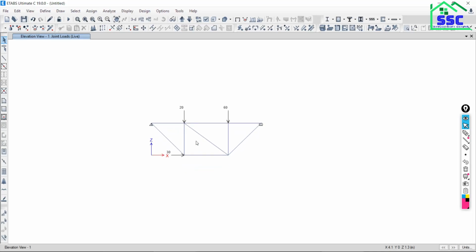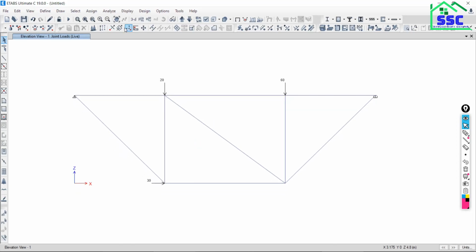Okay. Now the next thing is what? So this is all done. Select all the members by dragging. You can also select by clicking over each member, so that the member will be selected.